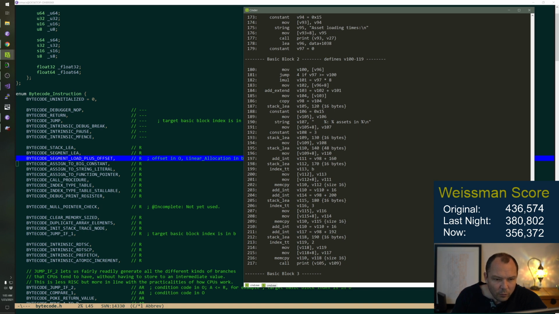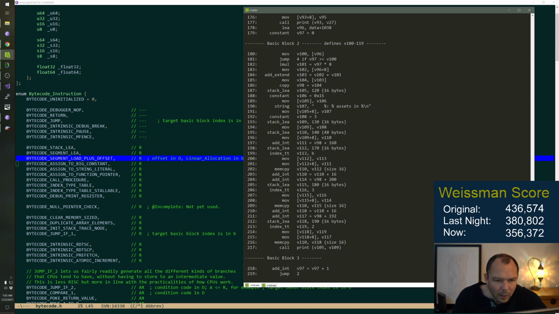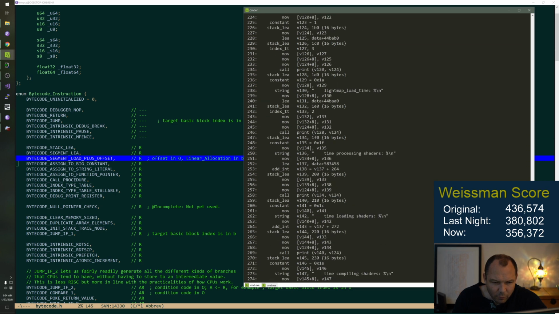But if you look at code like this, okay, we could get rid of that instruction and maybe that one, but at some point it's just not that many more instructions to get rid of.